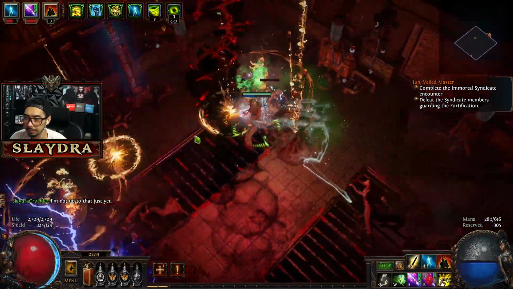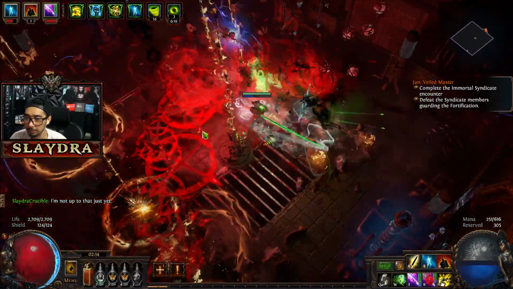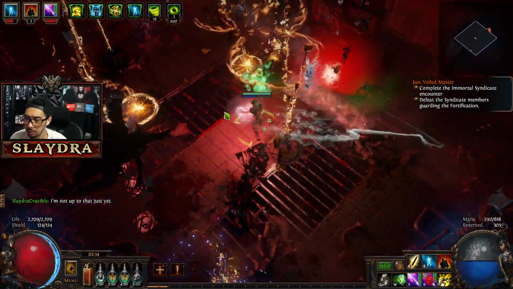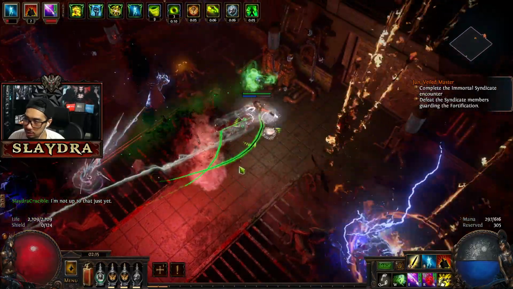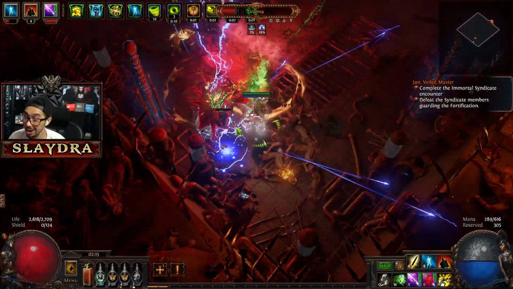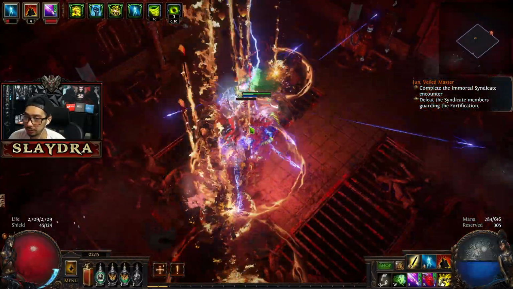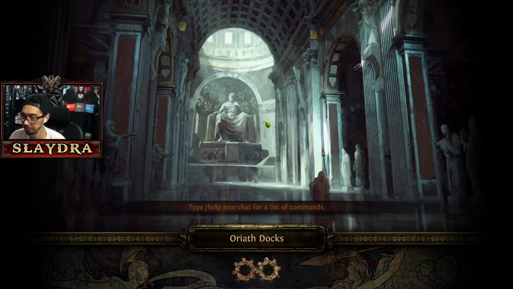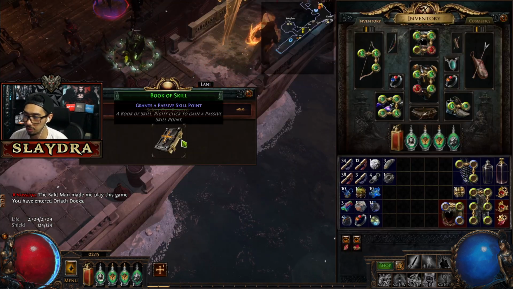I'm not up to that just yet. Next thing that we're going to do is try to get a better bow, and after we do this, then we'll fight the boss. And we've got to equip our new chest piece as well. Okay, there we go. Woo! And now we're going to go back to town, get our extra skill point, get our bow, equip our new...